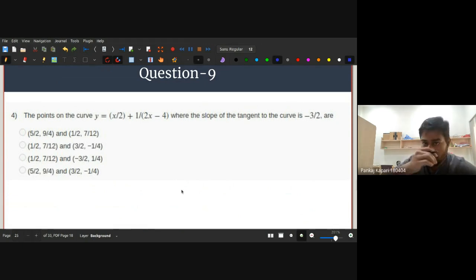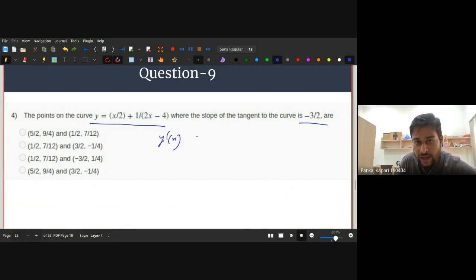So here you have to find those points on this curve where the slope of the tangent is minus 3 by 2. Always note that the slope of tangent is given by the y prime of x. So the y prime of x is the slope of tangent